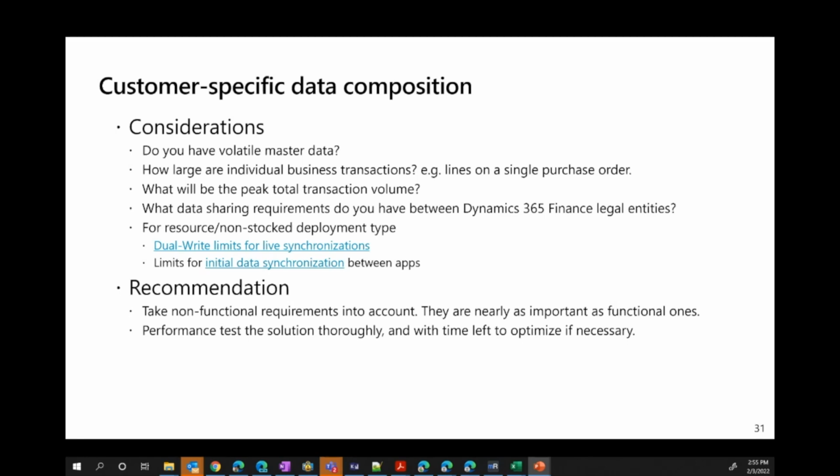You should really keep it to several hundred, not thousands of lines in a single invoice. Quite apart from the fact that it would take quite a while to process such a large invoice anyway. So for easy reference, we've linked those limitation documents, so do refer to them with your particular data composition in mind. And our recommendations then really apply to any implementation, though there are some project operations and deployment type specific